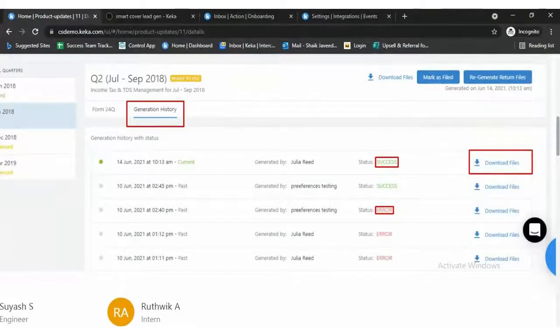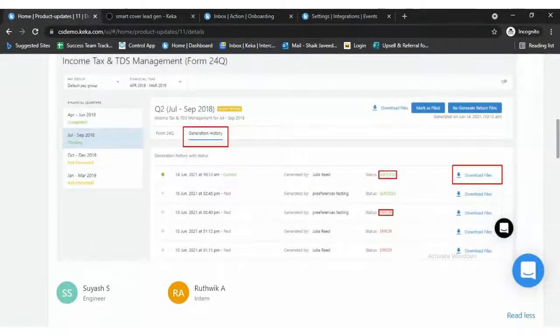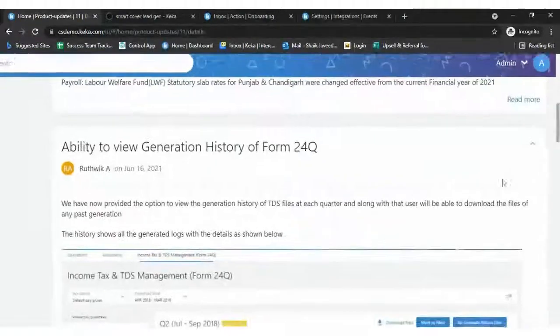So earlier you used to have only this tab of Form 24Q. If the file had been generated, the system would give the generated file. Earlier you didn't have the option to view the history and so on. Right now we have it in place, where you would be able to download the history as well,